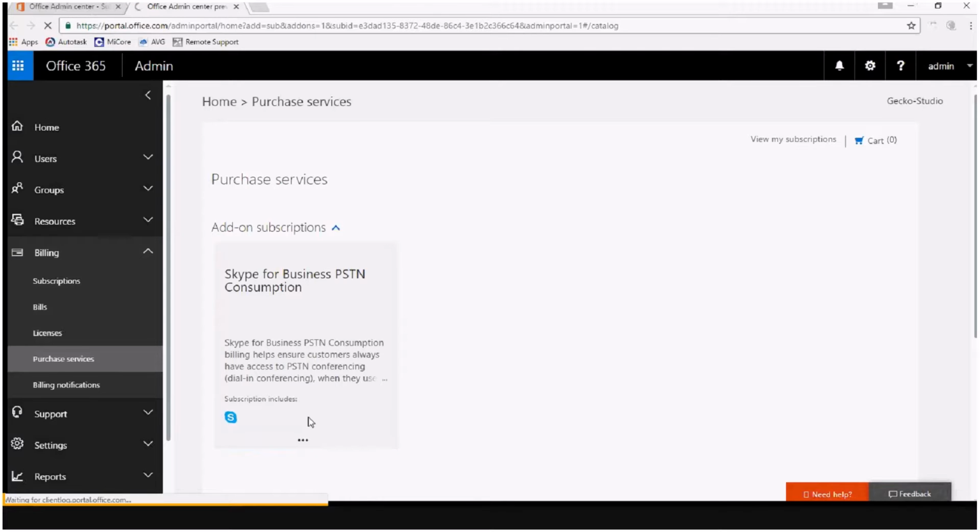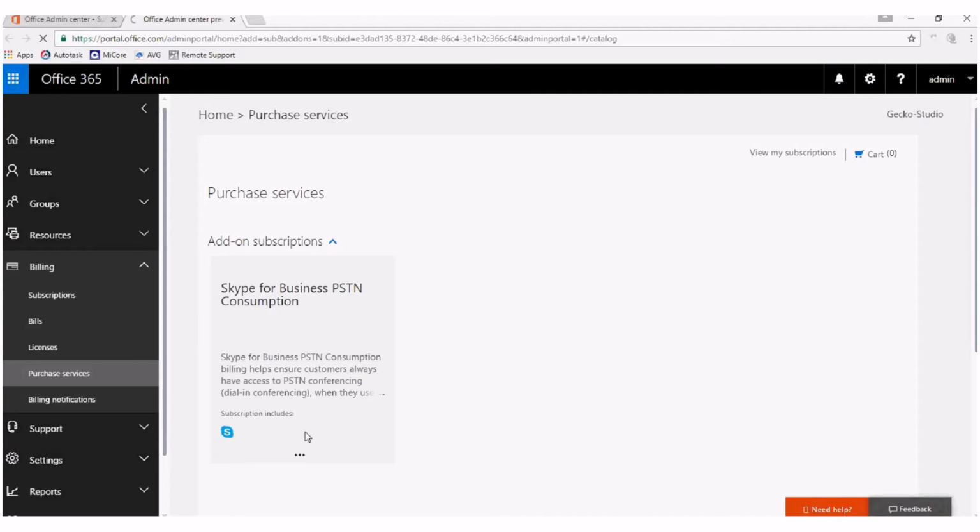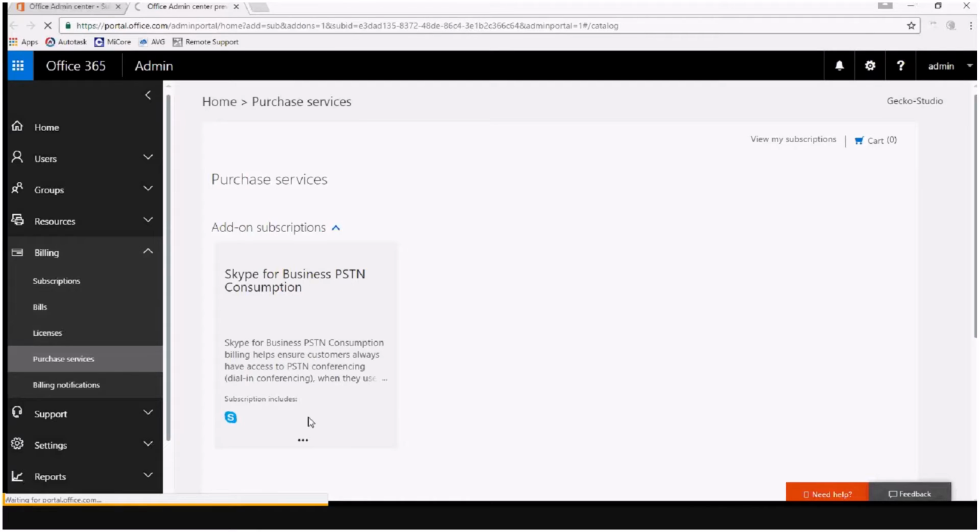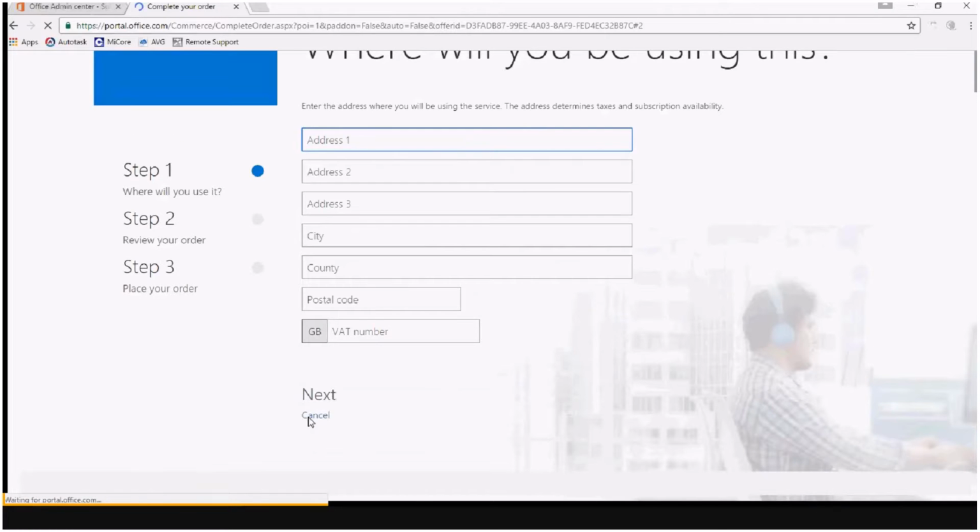If I go ahead and click Buy Now, this will take me to a purchasing page whereby it will help me configure consumption billing for my Skype for Business Cloud PBX users. And just as a reminder, consumption billing is a safety net. When you buy your